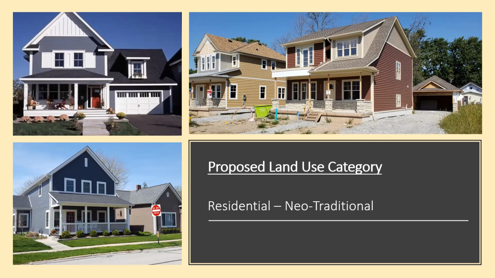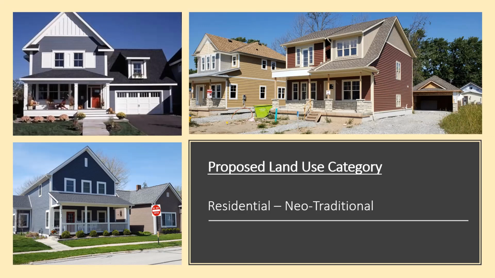So on the residential front, I've got three different categories that I'm proposing here. The first one is probably the smallest land use and geography that I would anticipate, but it's called residential neo-traditional. That would obviously include a lot of the Old Town area and some of the adjacent areas. I would also include these slides, attach them to the map, so that the developers have an idea as to the type of development that we're thinking about. Certainly, if there are other photos that you really like, we can plop them in there as well.